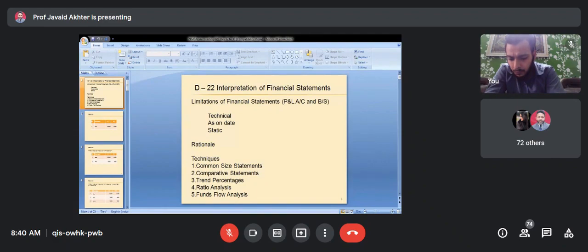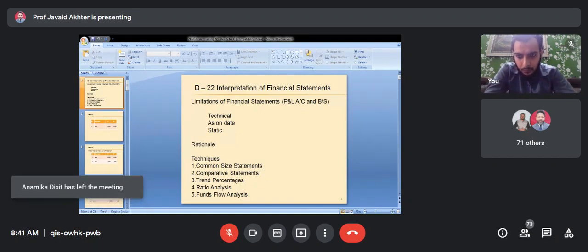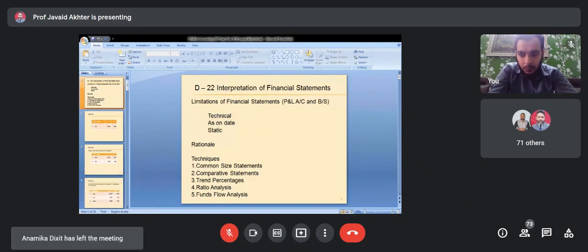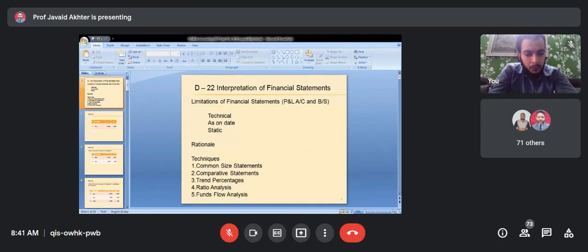Any other figure more relevant than that? Revenue. Sales. True, sales. If you see the expenses incurred on advertisement in the past 5 years, and then the sales figures,